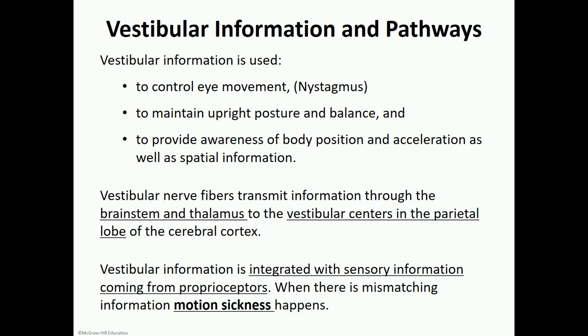So what is the pathway for vestibular information? Well, first off, we'll talk about why we need vestibular information. It's important to control eye movement. You want to be able to control your posture and balance. So why do I need all this information? Well, you need to figure out,